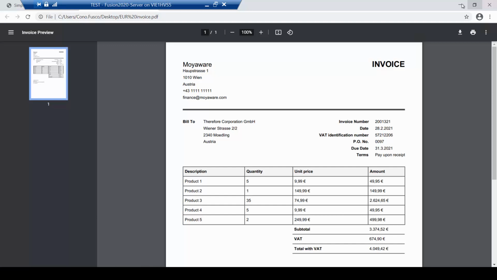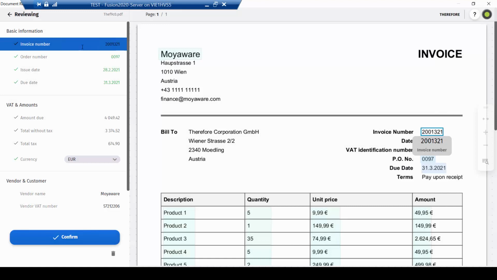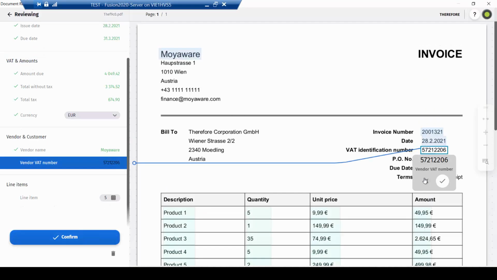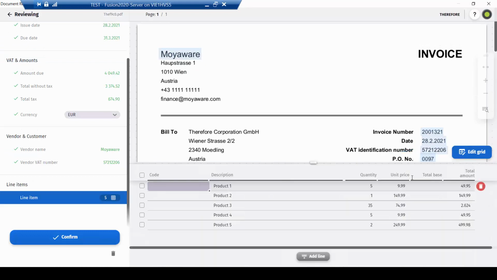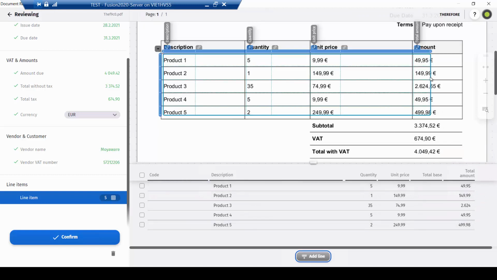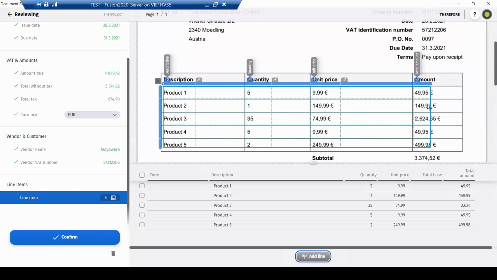Let's save this invoice into the input category, wait for it to get analyzed, and finally review it. We can see that the analysis was, once again, quite accurate. However, if we take a look at the line items, we'll see we ran into an issue. Some of these numbers weren't read properly because the column separator wasn't placed correctly. We can adjust this by editing the grid lines to make sure nothing is being cut off.